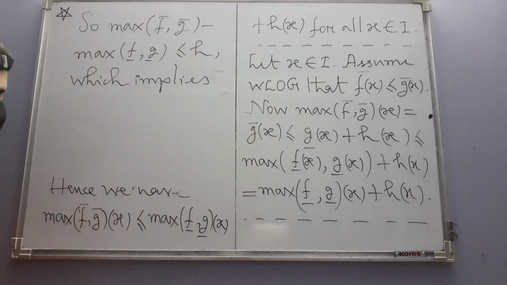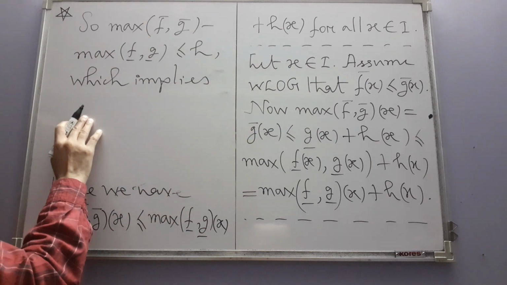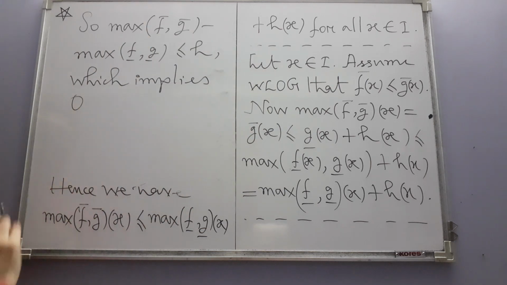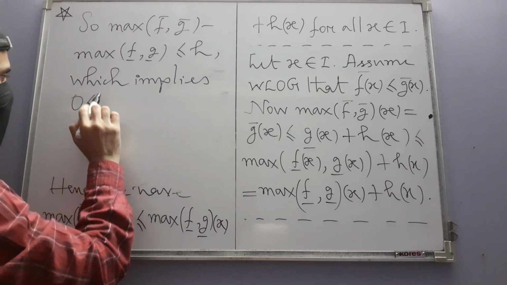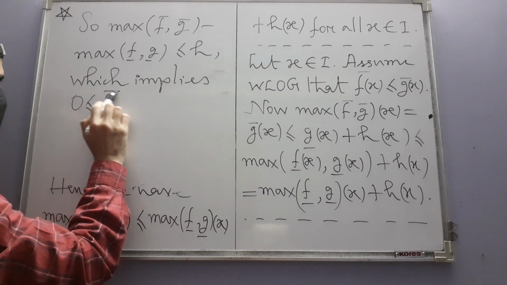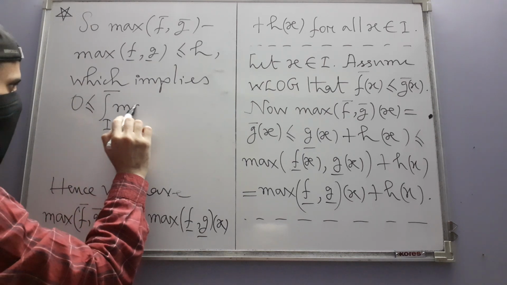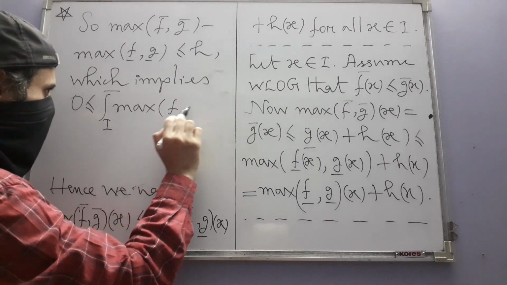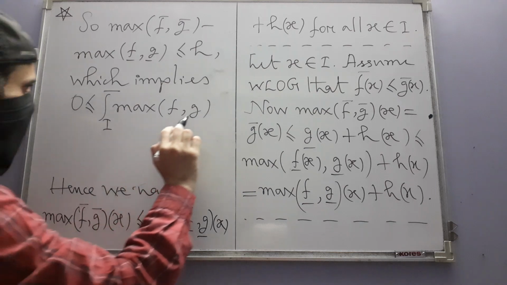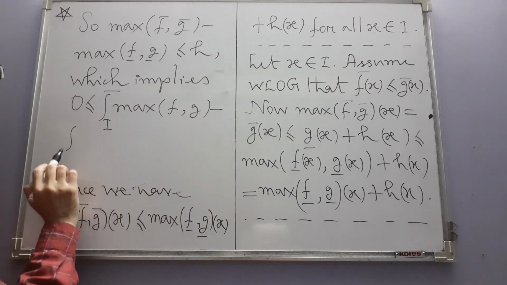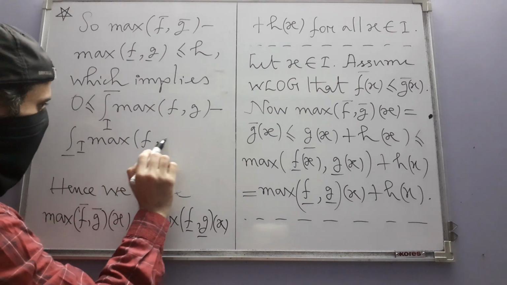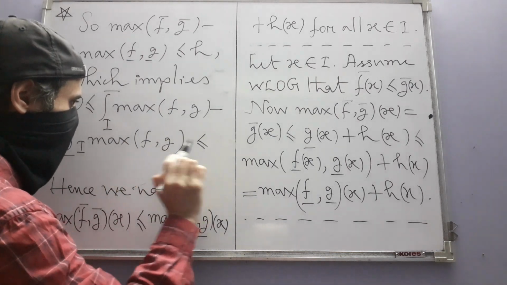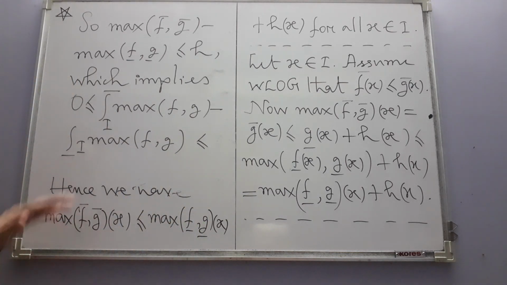Shall we write all the inequalities? Let's do so. Okay. Let's start with 0. Initially what we had, 0 is less than or equal to the upper Riemann integral of max of f and g minus the lower Riemann integral of max of f and g. But then we saw that this is less than or equal to